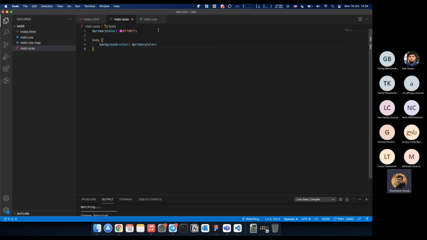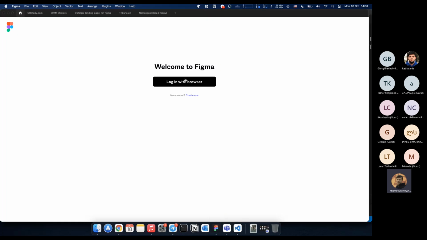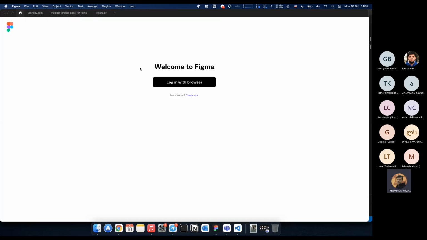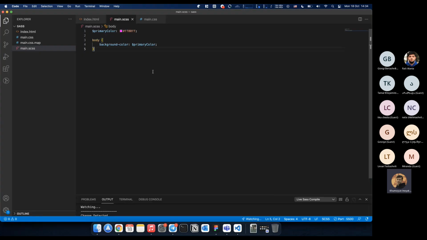Suppose we have a design that I have shared with you, if I'm not mistaken, that has a primary color of, for example, ff00ff, and a secondary color of